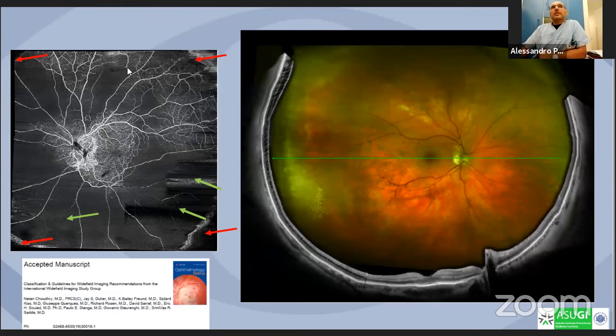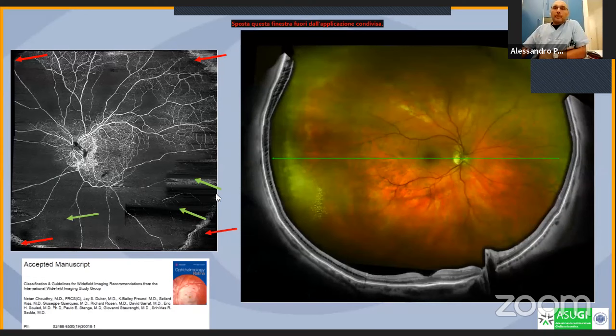This is an example with the Angioplex Zeiss Elite, this reconstruction, and we can see here this type of artifacts due to the curvature of the eye, because the scan is not deep enough to include all the retina. And also, as far as we go to the periphery, the retina gets thinner, and we have also artifacts, as we can see here in these green arrows, artifacts due to the